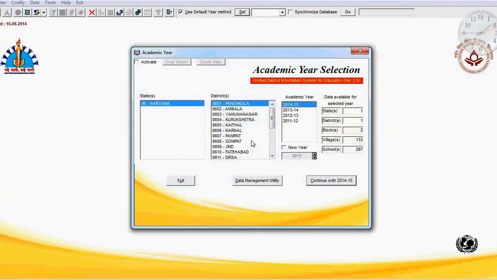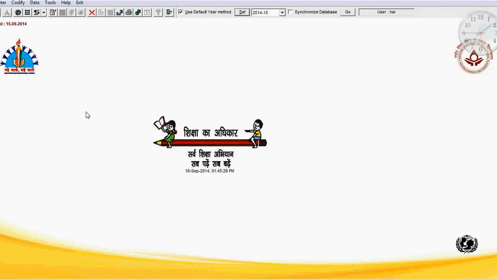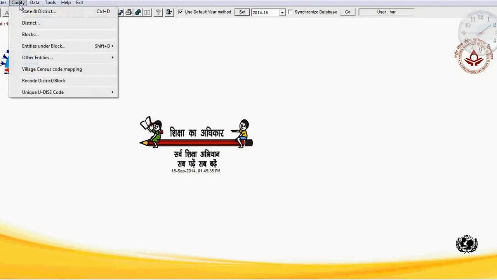If the username and password provided by you is correct, then it will take you to the next screen, which is the academic year selection screen, from where you can select the state, select the district, and select the academic year in which you want to initialize a geographical entity. Continue with the 2014-15. Then initialization is also called codification in U-DISE, and codification means to assign a unique